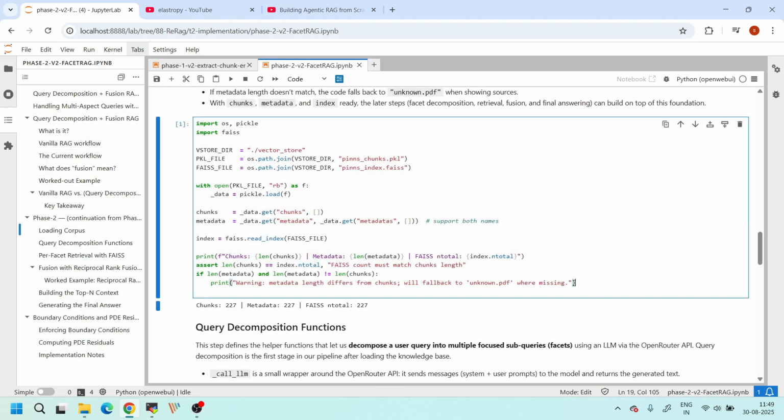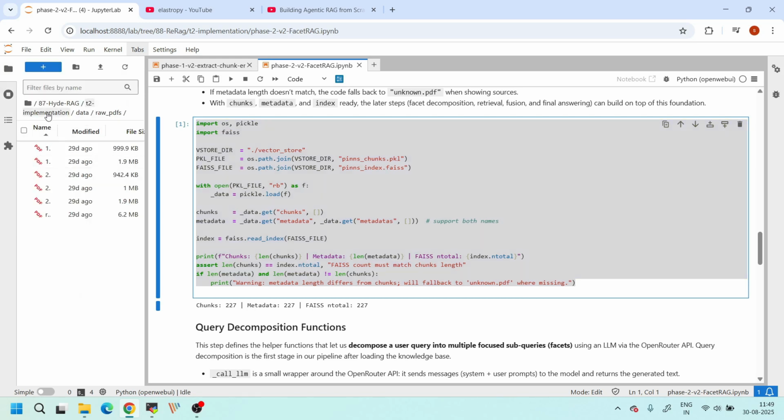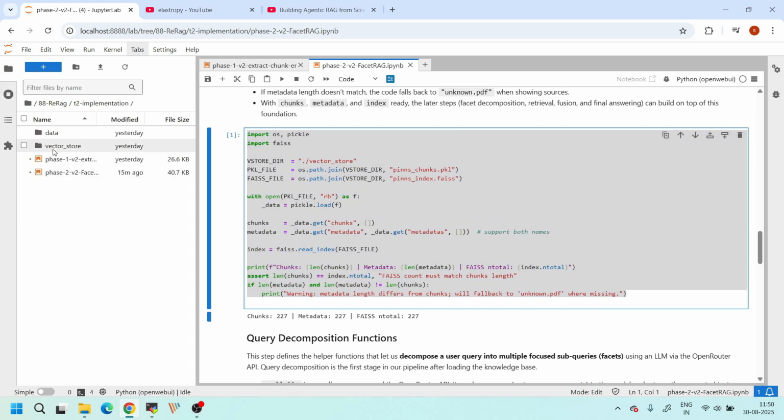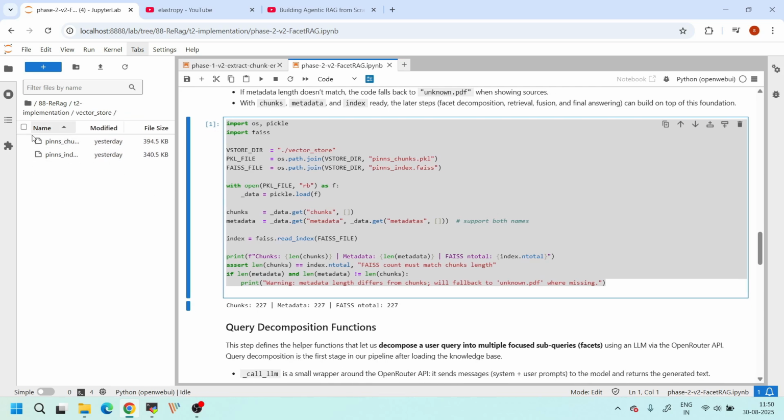So here I'm loading our main chunks and this FAISS index. As I said, they are here. If you go to our original directory, you will see this data and raw PDFs. Here you will see our original PDFs, and in another directory called vector store, within that you see this pickle and FAISS file. So we are just loading these two pickle and FAISS files into our current notebook, that is phase 2 v2